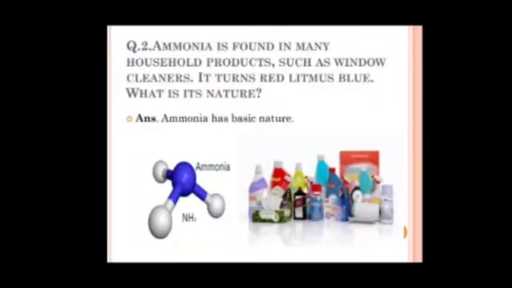So remember again what the properties of base and acid are. The property of base is that bases turn red litmus blue. It means first of all, ammonia soap solution is there because it is generally used in household products, and here it is given that it turns red litmus blue. This is the property of base only. So since ammonia solution turns red litmus blue, it is basic in nature.